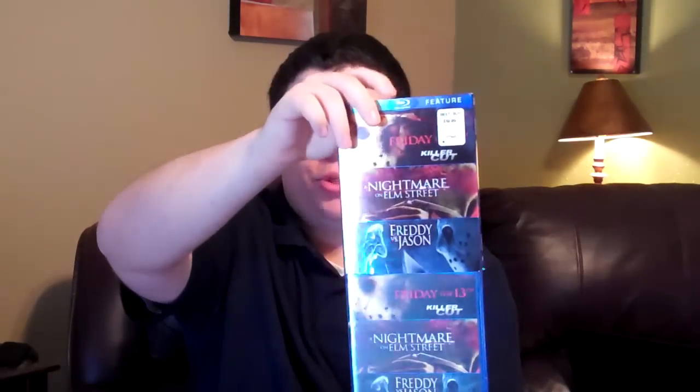It's still brand new in the shrink wrap and everything. So I was really happy to get this and pick it up since it is out of print. And so if you have this, count yourself lucky. And if you do not have this, I would recommend picking it up before it's gone for good, especially if you want this set. Alright, so that is my complete update overview of the stuff that I recently picked up